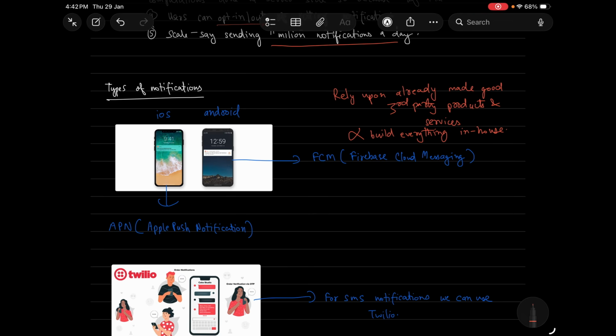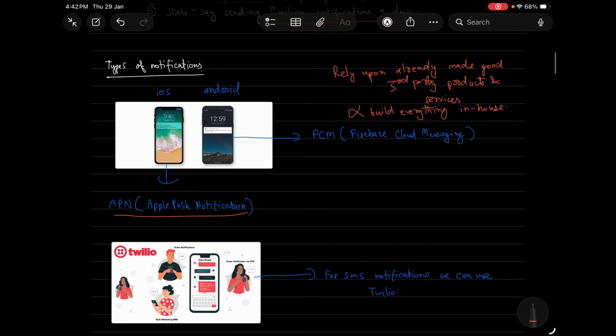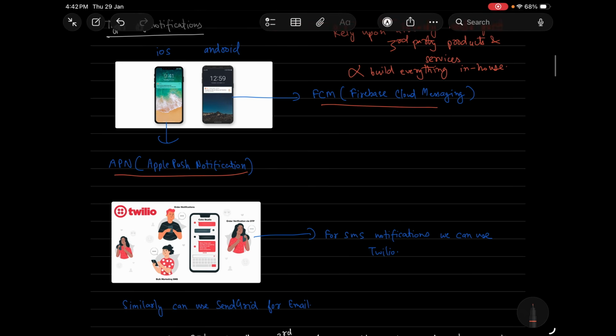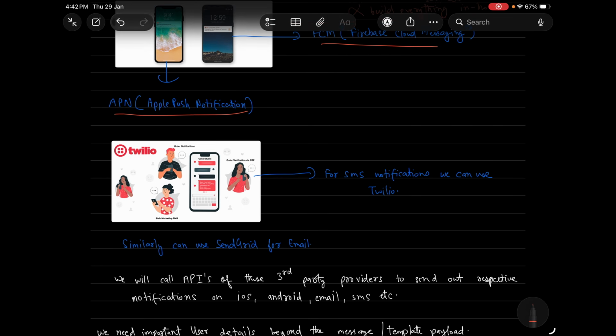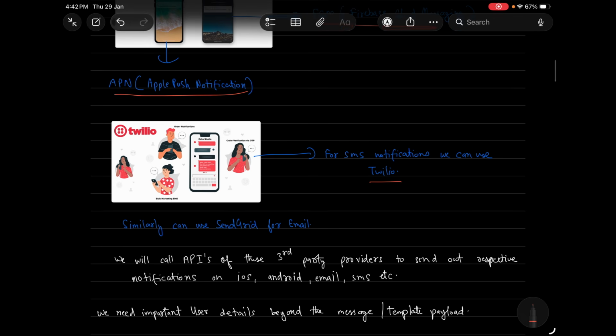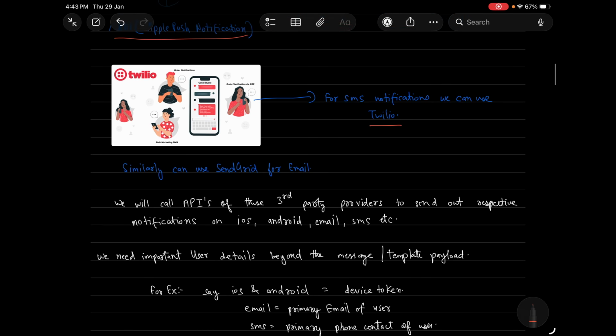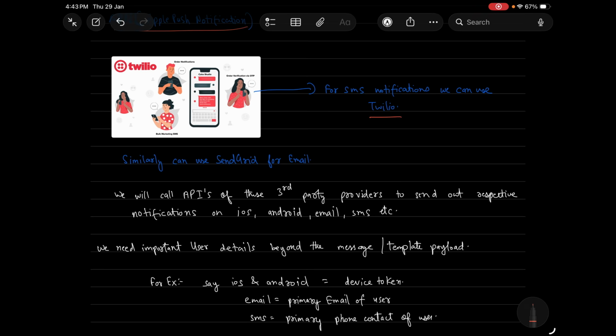So for iOS to send out notifications, we will be using APN, which is Apple Push Notification. For Android, we will be using FCM, which is Firebase Cloud Messaging. For SMS notifications, we can use Twilio. Similarly, for email notifications, we can use SendGrid, MailChimp, etc. We will call the APIs of these third-party providers to send out the respective notifications. Makes sense, right? We will integrate with these third-party providers. They will expose some APIs, which we will call, and then these providers will do the rest of the work,